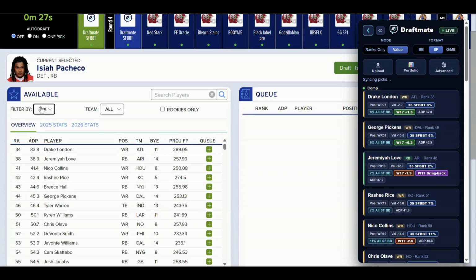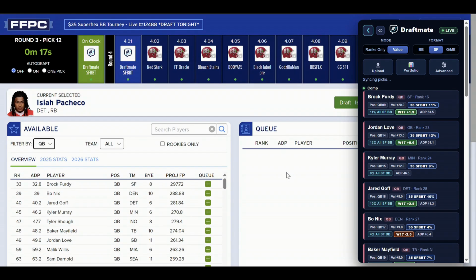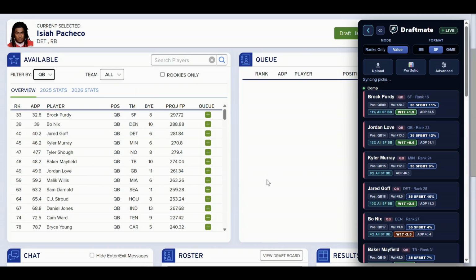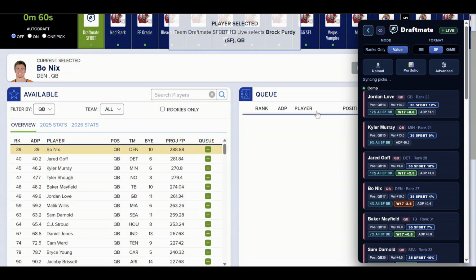So I'm looking at, do I want a quarterback? Do I want a running back, wide receiver? As I said before, this is Superflex, and I think I'm going to take 2 quarterbacks. So my buy here, week 7, as long as I don't take somebody else here. Purdy's a pretty strong value, as you can see. I like Purdy this year, even with the injury to Ricky Pearsall. So I will select, now you are on the clock,